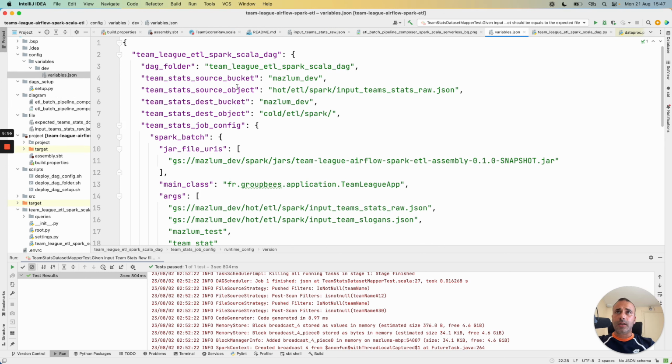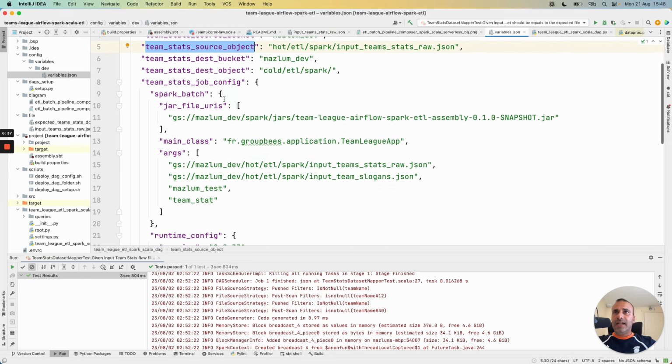Then in the DAG, we can retrieve this configuration and work with the element as a dict with Python. For the configuration, we have the source bucket to read the input JSON file. We also have the source object, that is the concerned JSON file. At the end of the DAG, we will move the processed file from a hot folder to a cold folder, only for the example.